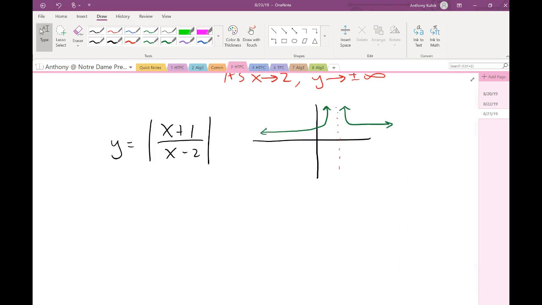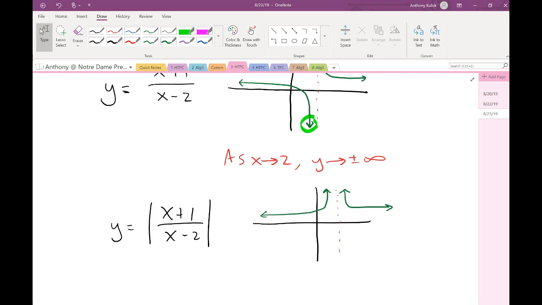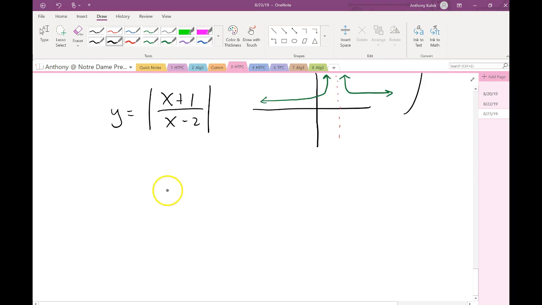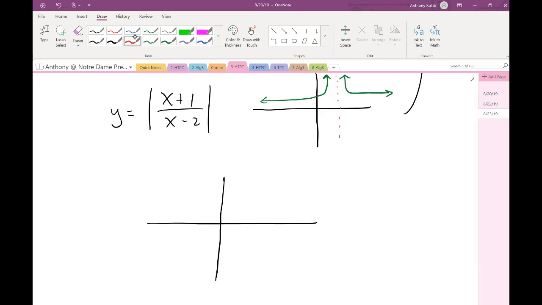And the last one, these guys were those were infinite discontinuities. And the last one is the jump discontinuity. I'm not going to write an example of a function for this, mostly because to do this I really need to use a piecewise function. We haven't talked about what that is yet. So rather than drawing out the notation for it, I'm just going to draw a picture of kind of what it looks like,